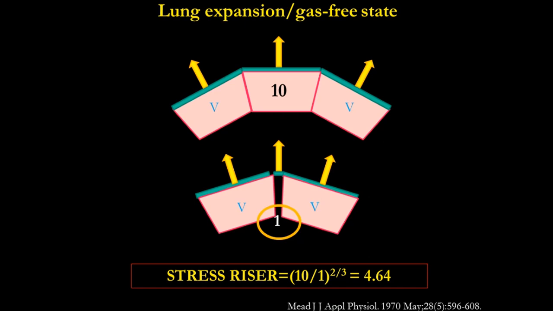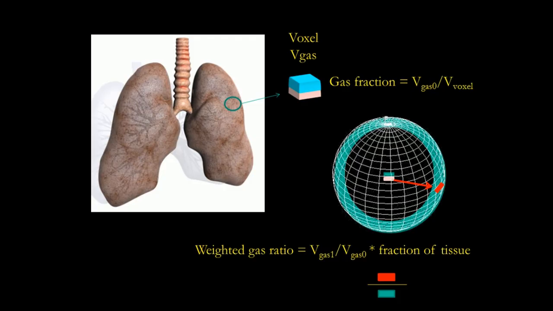And Mead says, okay, to go from the volume to the areas, which is the way the stress is expressed, you have to elevate to the power of 2/3. So you come out with this magic number of 4, and you read in the paper that locally, if you apply 30 centimeters of water on plateau, it comes out that you apply 120 local pressure. This is a theoretical computation, it has never been measured.